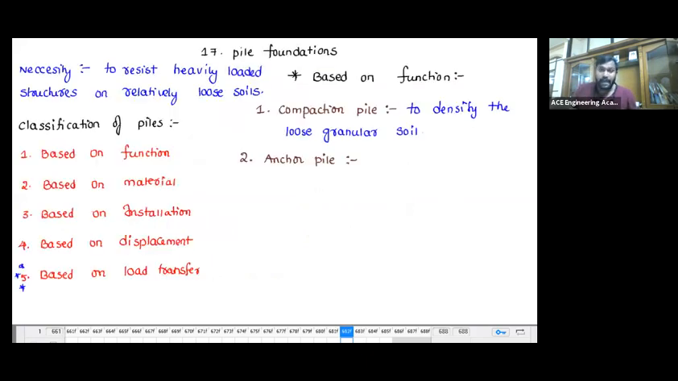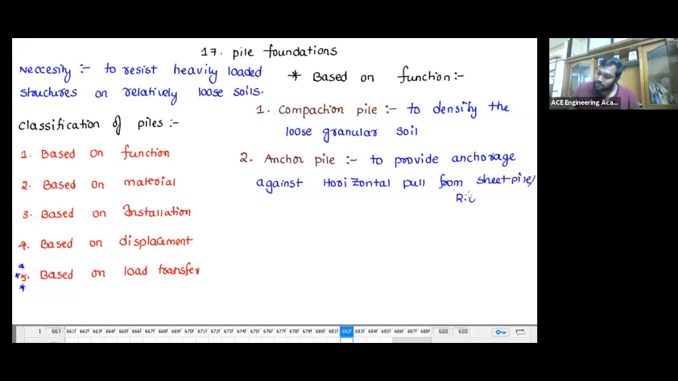So what is meant by an anchor pile? To provide anchorage against horizontal pull from sheet pile